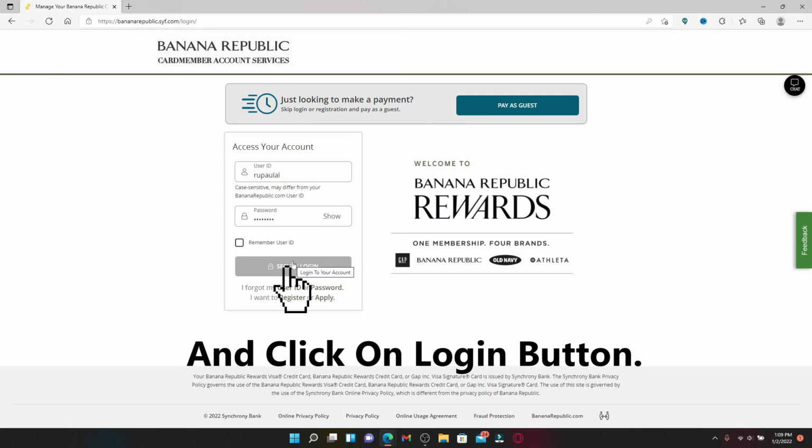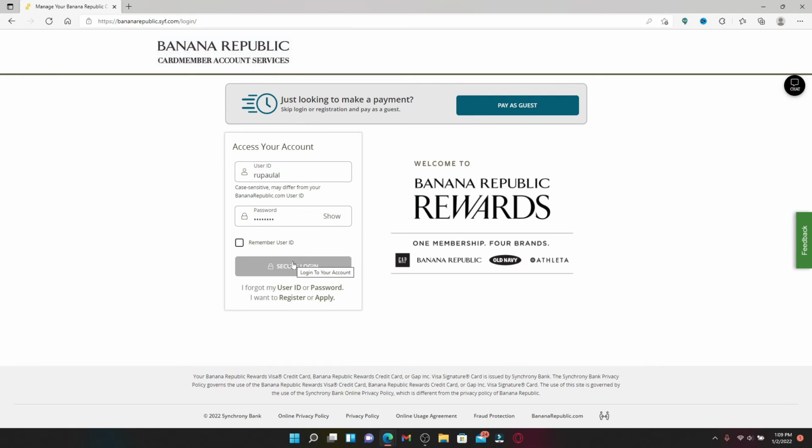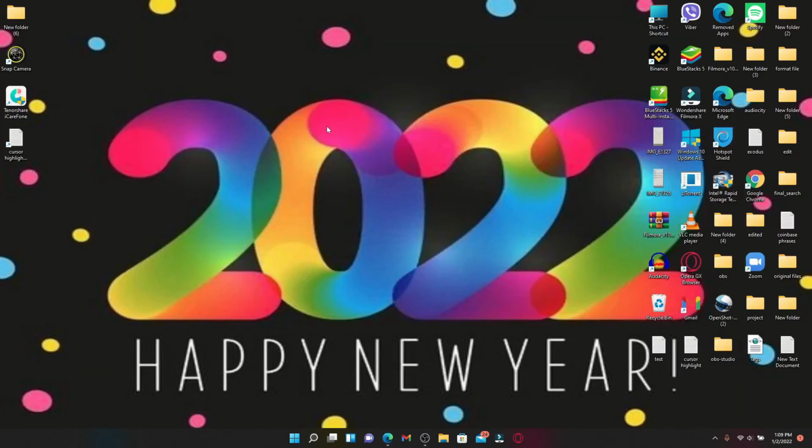Finally, after you're done entering your credentials and you'd like to access your credit card account, click the Secure Login button, and that is how you should be able to get access to your credit card account for Banana